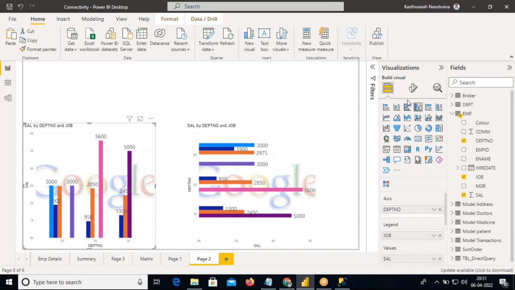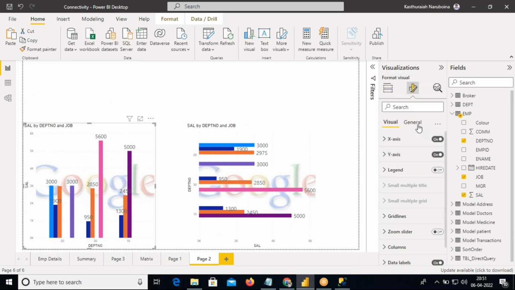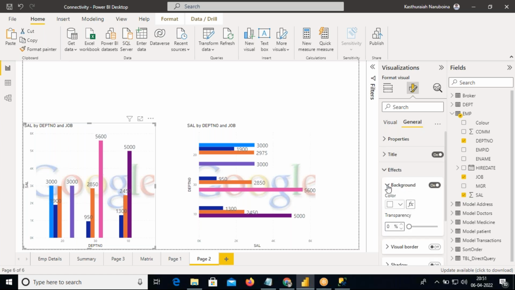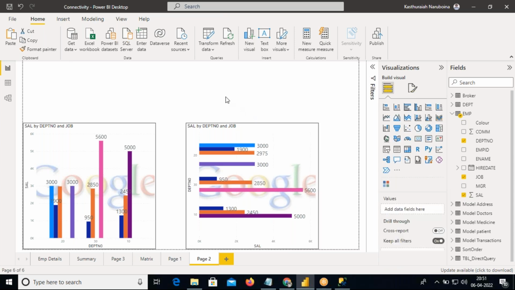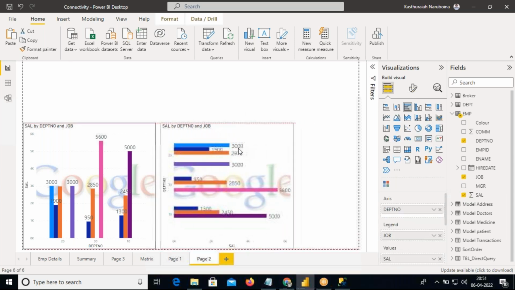So set the background, borderline, general effects, visual border, and for this visual border. Okay, fine, right? So next, moving to